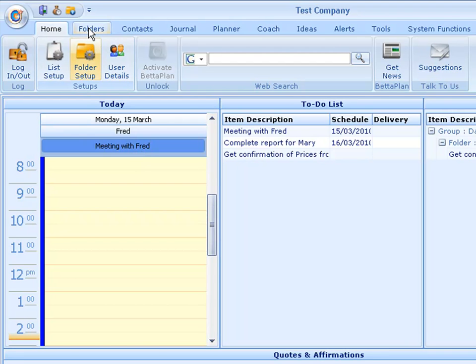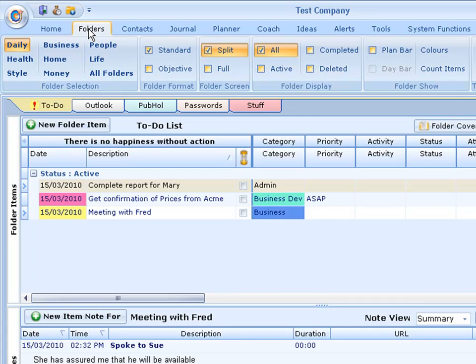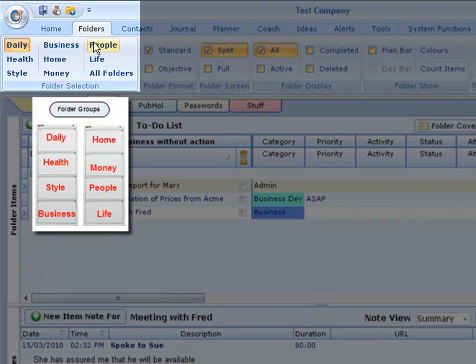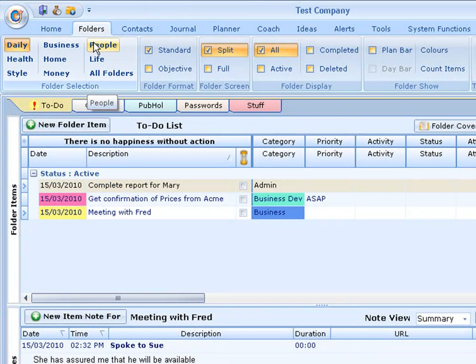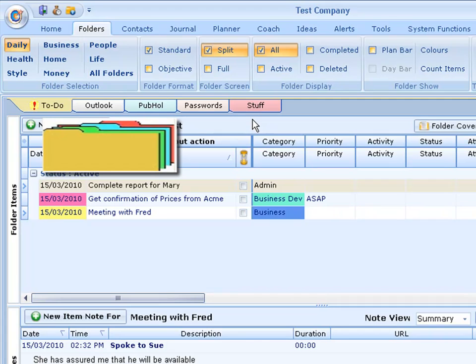Under the folder tab, rather, there are 8 folder groups. A folder group is the equivalent to a filing cabinet or a drawer in a filing cabinet. So we might have a drawer that is labeled business, and in that drawer we only have the folders for business related items. We are currently looking at our daily folder group, and within the daily folder group we have these folders here. This equates to a normal buff manila folder in which we have information that relates to a